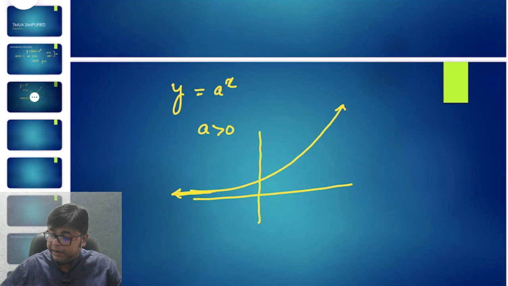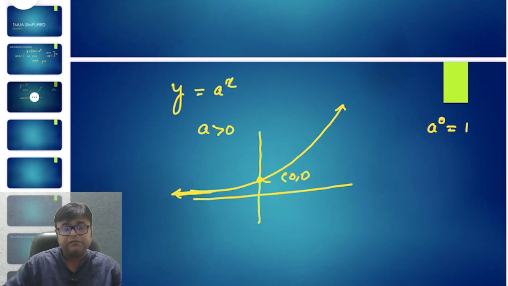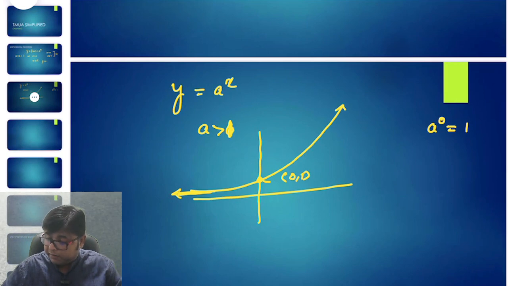And I know that any number to the power 0 is 1, so if I put x as 0, which is on the y-axis, I'll get the value of y as 1. So I can say this point is (0, 1), right? Here, sorry, I'm taking a as greater than 1. Just a correction, a is greater than 1. For a greater than 1, this is how the graph looks like,